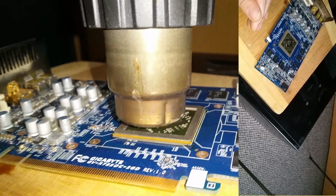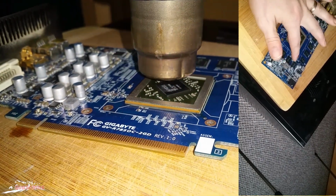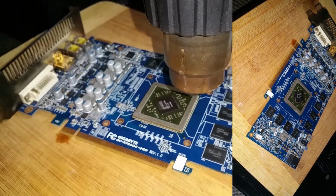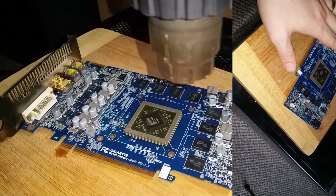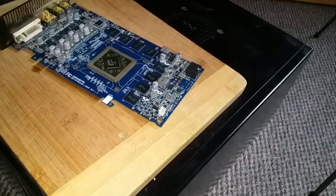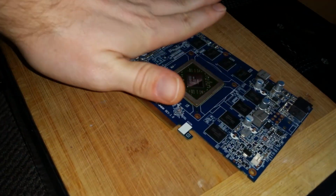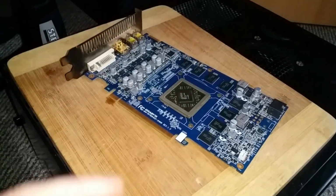Once you're done with this, you continue to do the same with every single RAM chip, which is here. And once about 10 minutes of heating has passed, you slowly lift it up and still use the heat on the top. And once you're all done, just leave the card for 10 minutes, don't move it at all, because the card is so hot, not even stable to touch. And once it's cooled down,